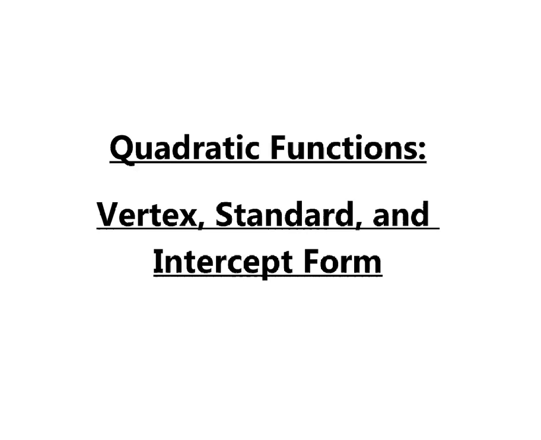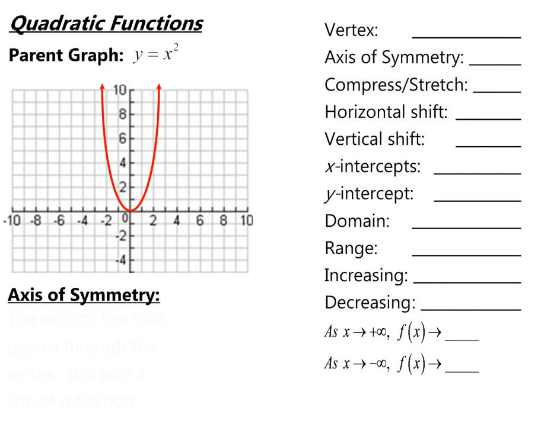Quadratic functions: vertex, standard, and intercept form. When we look at the parent graph of a quadratic function, y equals x squared, it makes a parabola, which is this U shape. It has a vertex at the origin (0, 0), and then when x is equal to -1,